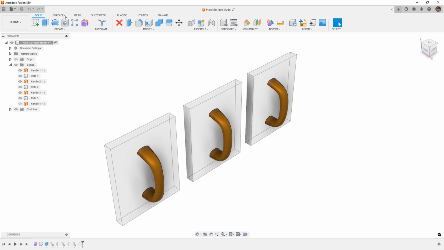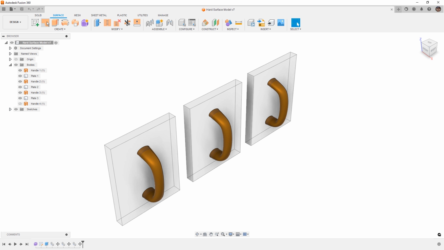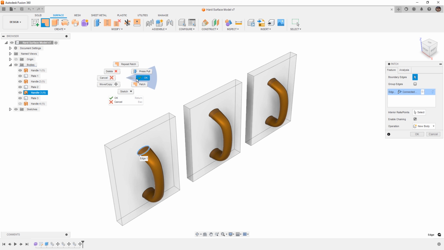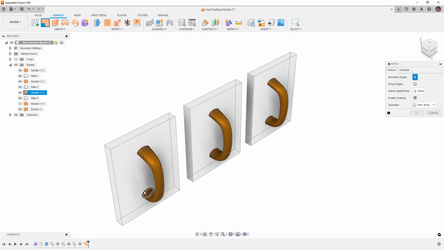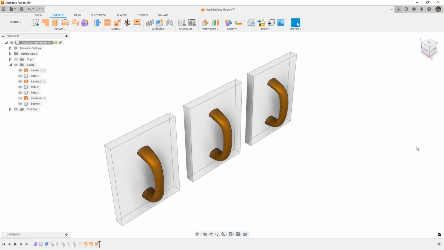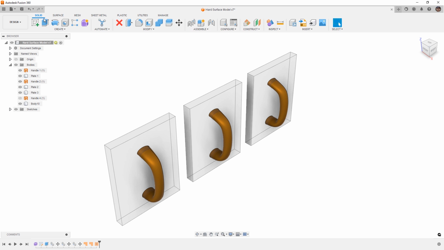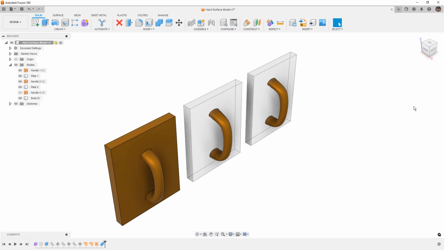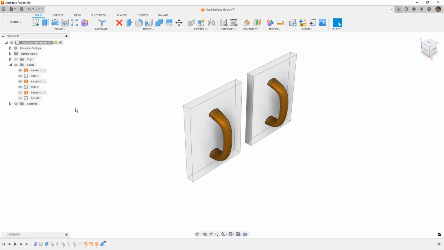The first and most common way is to use surface tools such as patch to fill in the end of our surface, and then we can stitch that together to create a closed watertight volume. Whenever we're using the stitch tool and we have a closed volume, Fusion 360 will automatically turn that into a solid body. Then we simply need to use our Boolean combine tool to combine them together, and now we have a single solid body. What we're going to do here is hide the solid body and move on to the